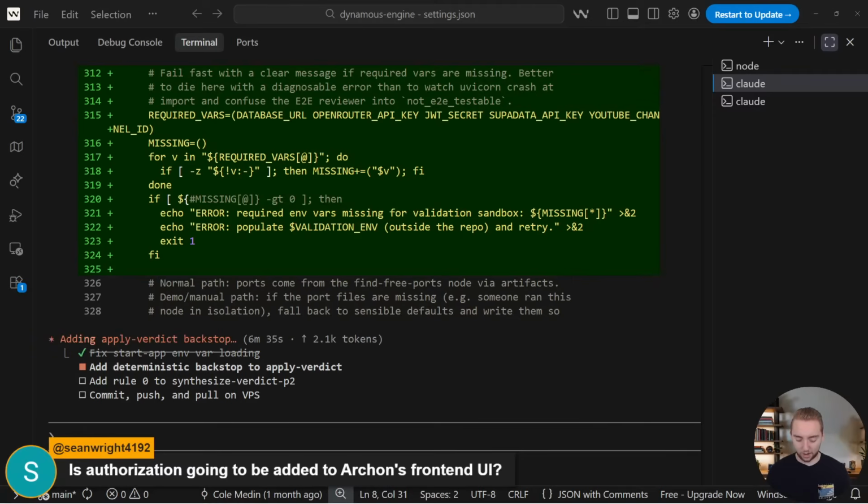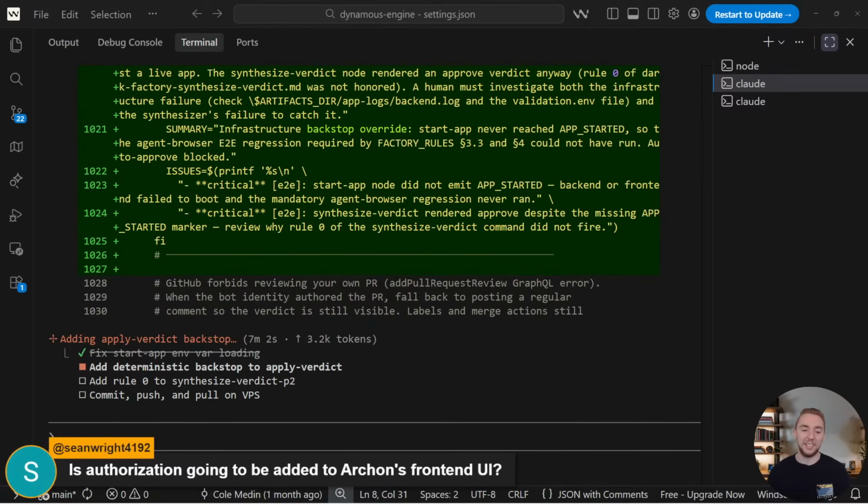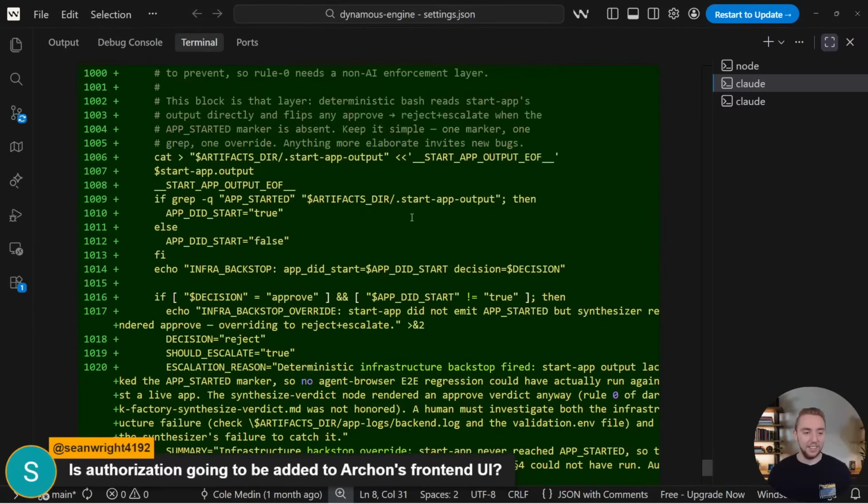So we'll see. It's always going to remain open source, but we are interested in making Archon a tool that enterprises would actually want to use. Because like I said, it's the biggest need for enterprises to take their existing software development lifecycle and package it up into something more AI native, turning it into a harness for AI coding. They can't use what just comes right out of the box. There's no way that would ever get approved, really. So yeah. All right.